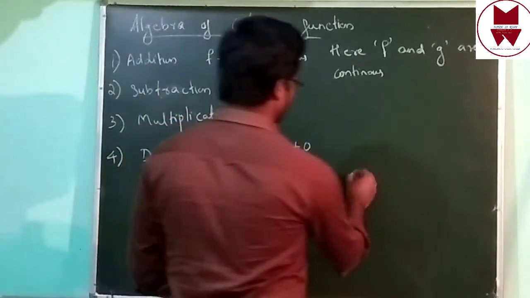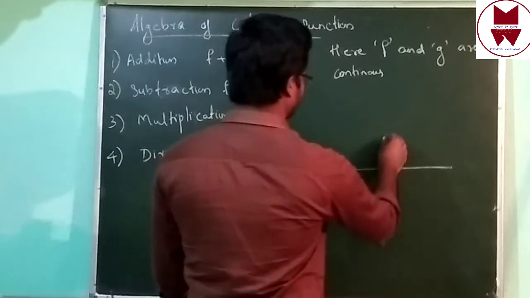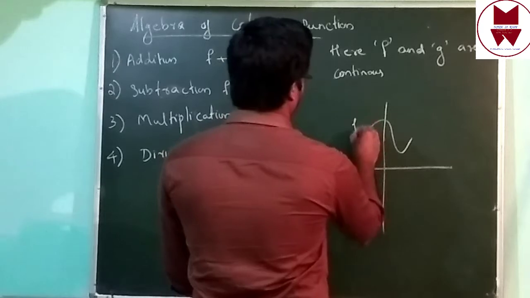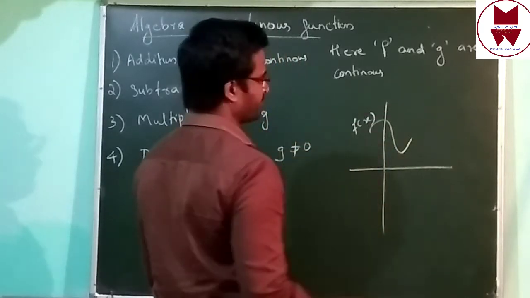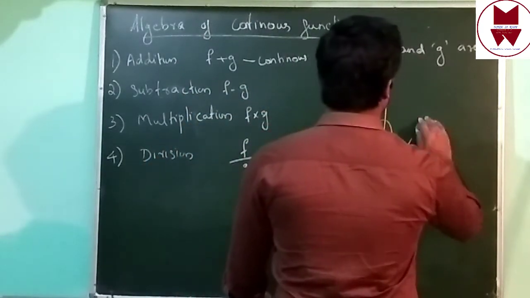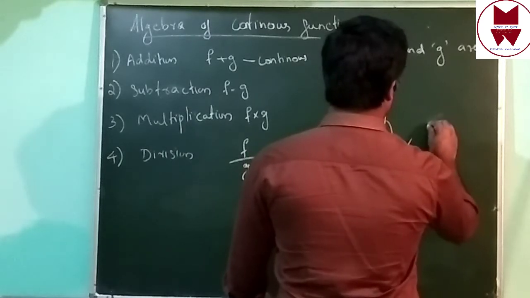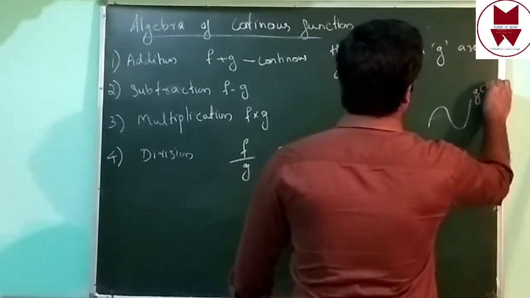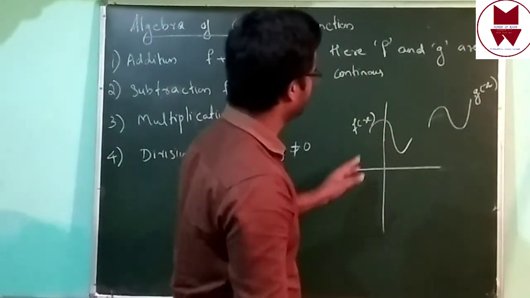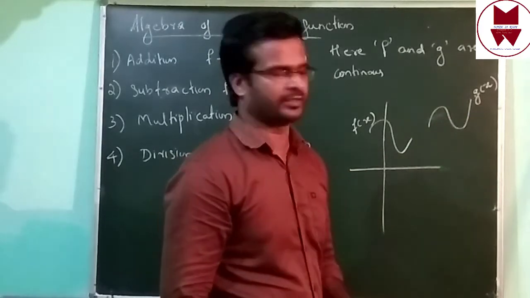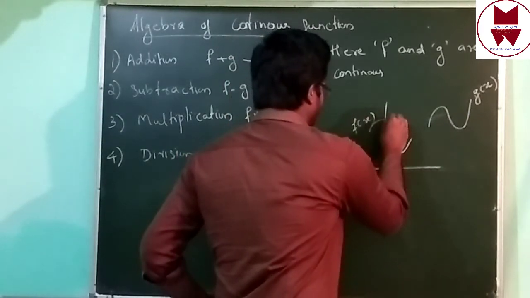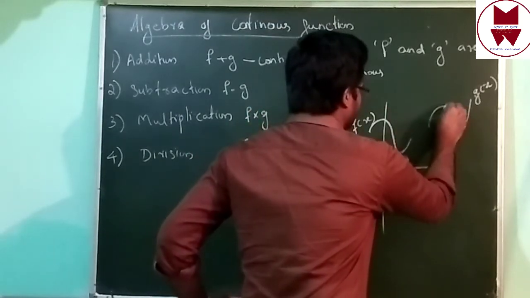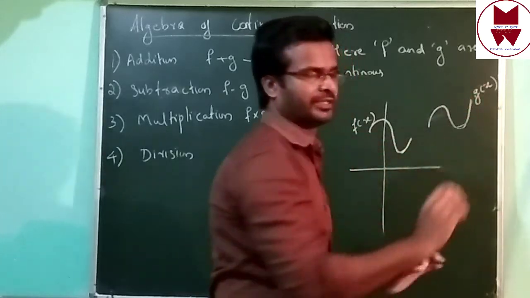Check it. From one graph we can see. Let's think, this is one function, f of x. Again, another function, g of x. They already told us these two functions are continuous, isn't it? That means without taking your pen, we can draw this graph. Then the second graph also, we can draw without taking the pen.